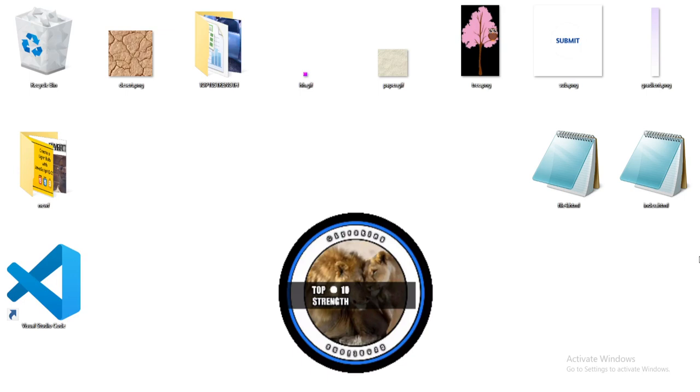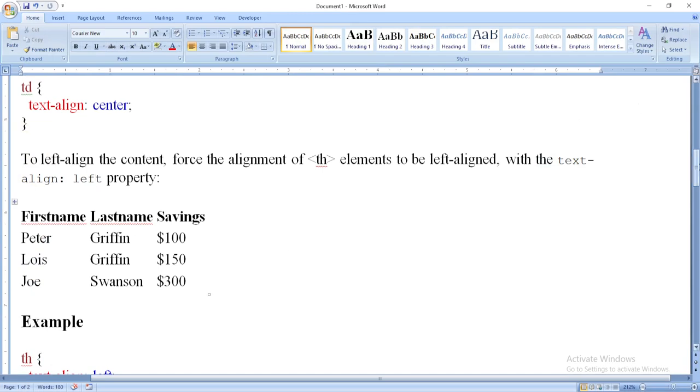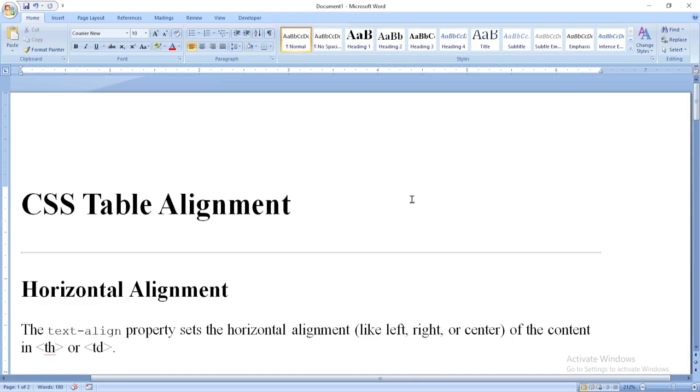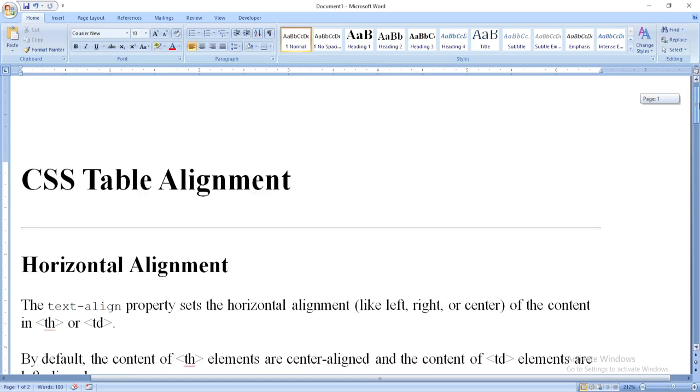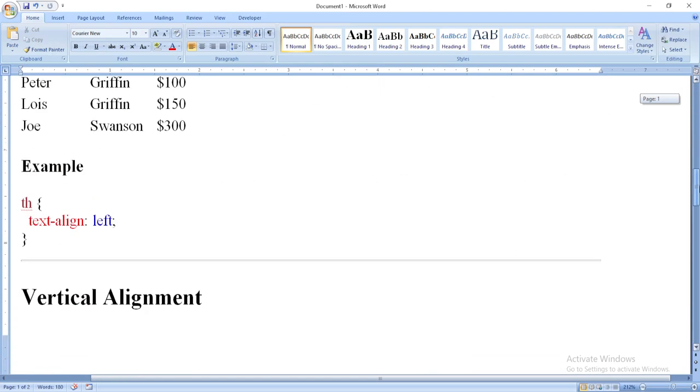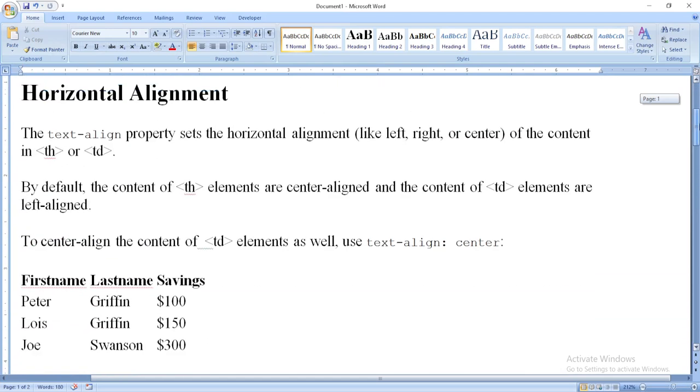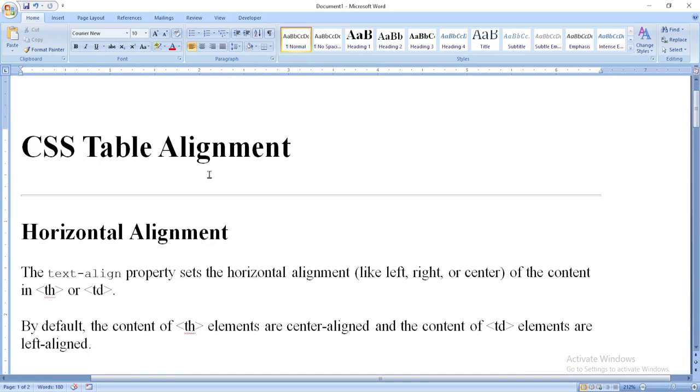Welcome back everyone. Quickly, let's continue our discussion on CSS tables, and right now we'll be discussing CSS table alignment. Here we are going to be talking about the horizontal alignment and the vertical alignment. In our previous tutorial where we discussed CSS alignment, you can check our CSS alignment playlist to be able to follow along with this alignment we are going to be using